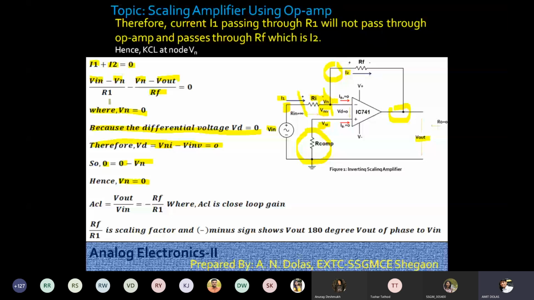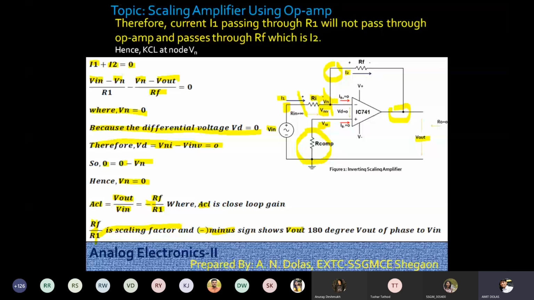Putting this into the equation, you will get the closed loop gain of this circuit, output upon input, equal to minus Rf upon R1, where ACL is the closed loop gain. This is not infinite. This is decided by the external components that you are connecting, meaning the feedback resistance Rf and the input resistance R1. It is a ratio of those. So Rf upon R1 decides the closed loop gain. Rf by R1 is the scaling factor here, and the minus sign